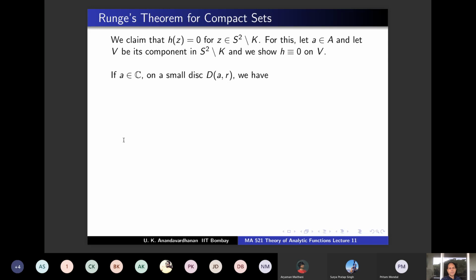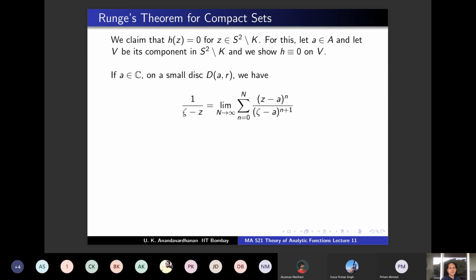Right? V is a component of A, and V is a component of the complement containing this point A, and you can check that the components are automatically open because S2 minus K is open. So V is open, therefore there's a small disk completely contained inside V, and you choose such a disk,